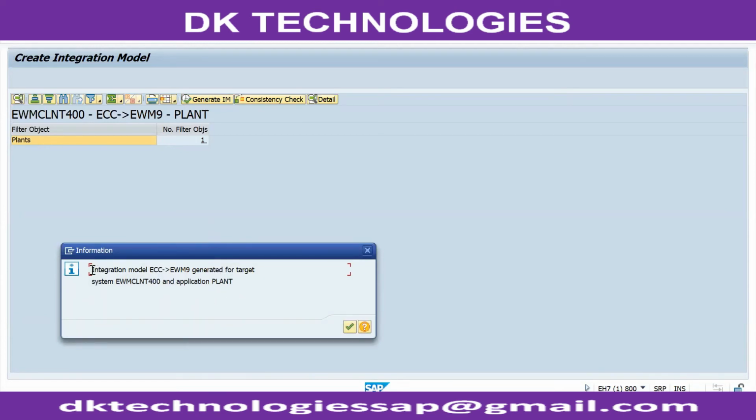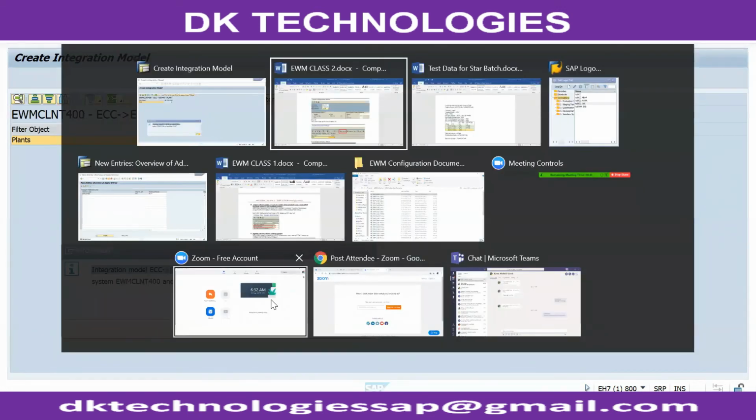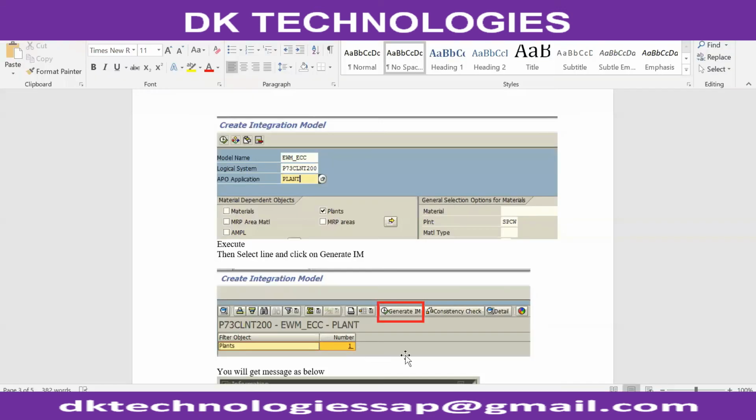That has created an integration model. That means it is ready to ship, and all the data is now generated to go into the EWM box.